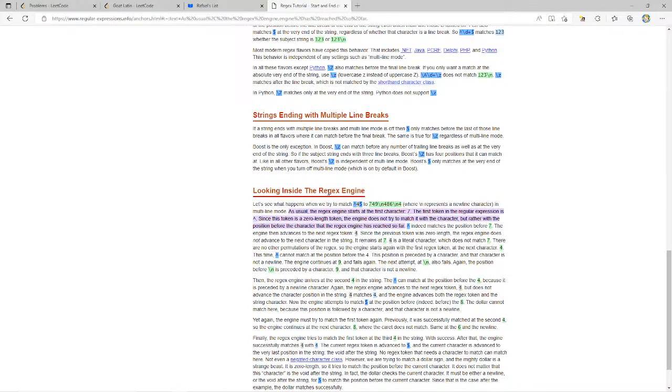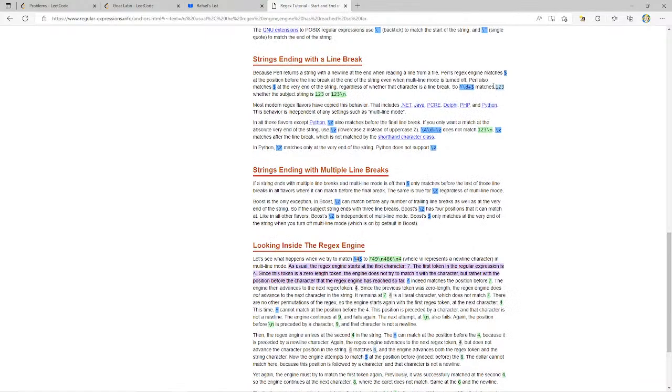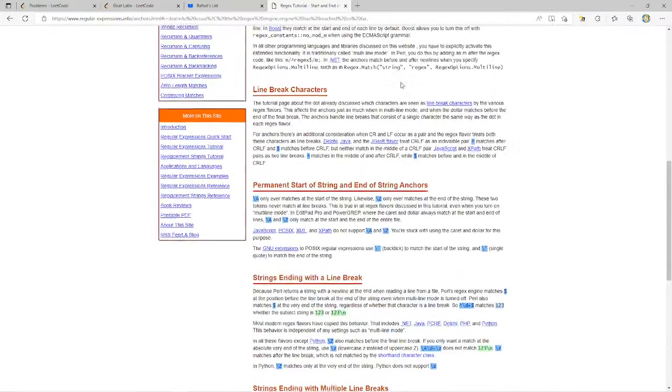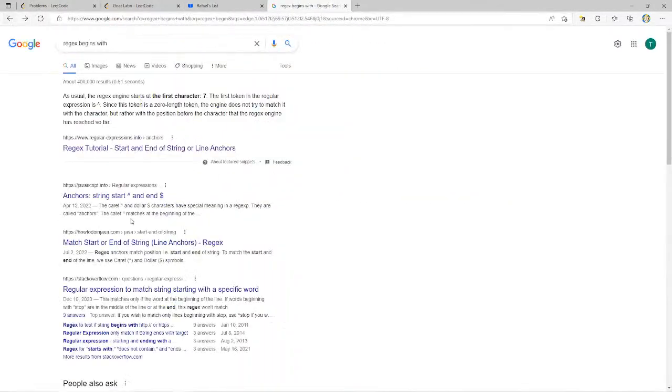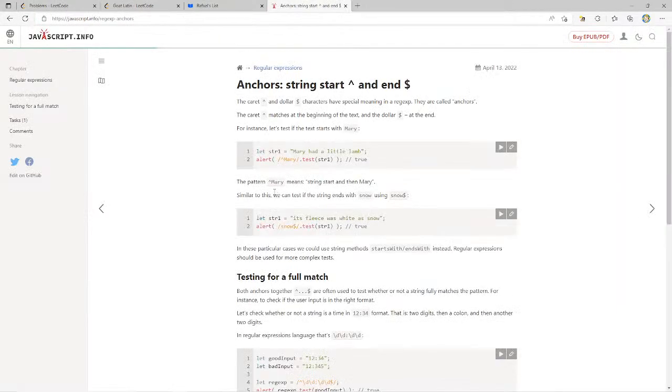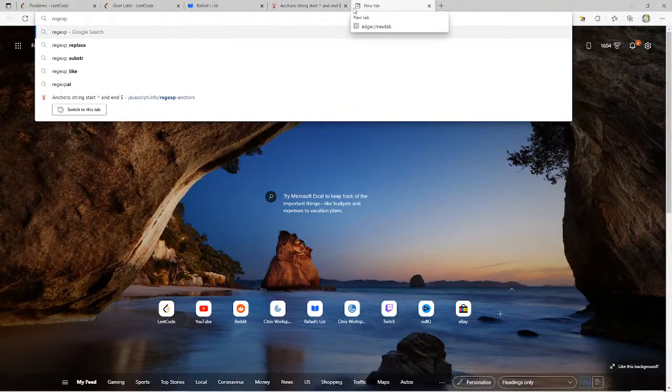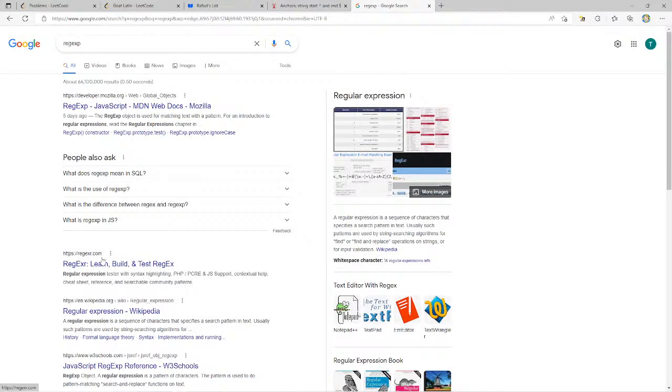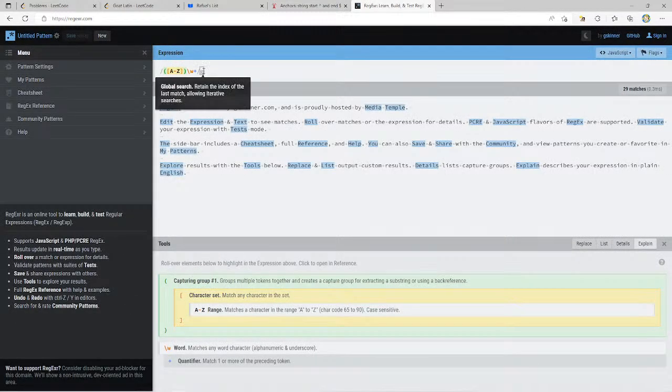Let's see. Looking inside. Strings ending with multiple line breaks. No. Anchors, beginning of text, and the other one at the end. Okay. So if we do regexer, this is a great website. So if I have,